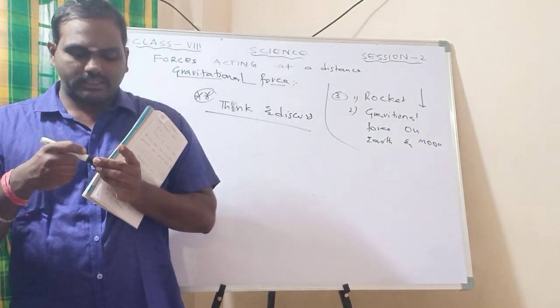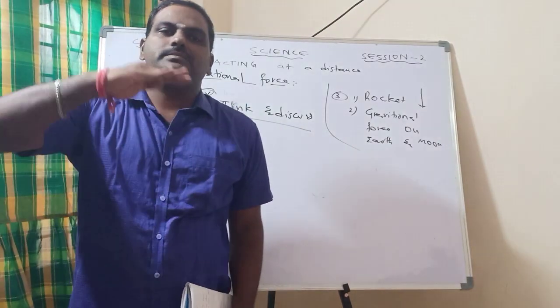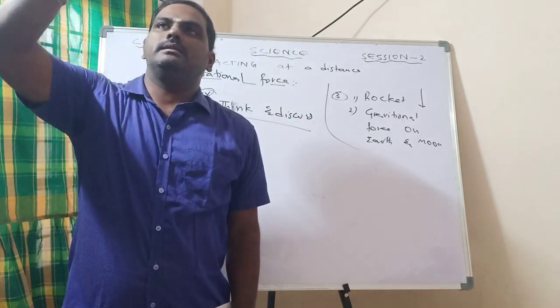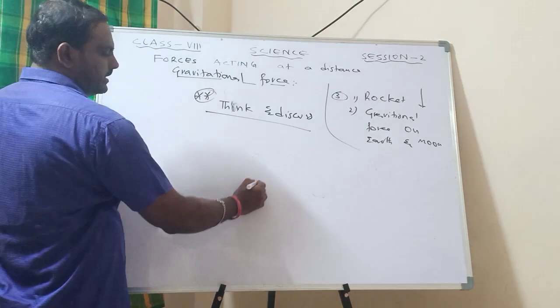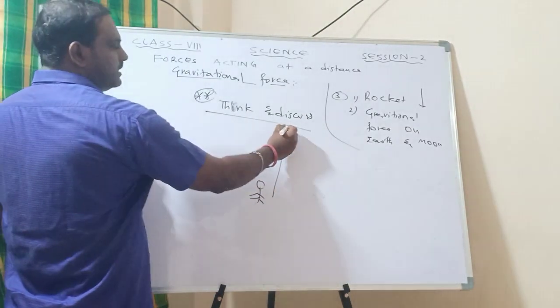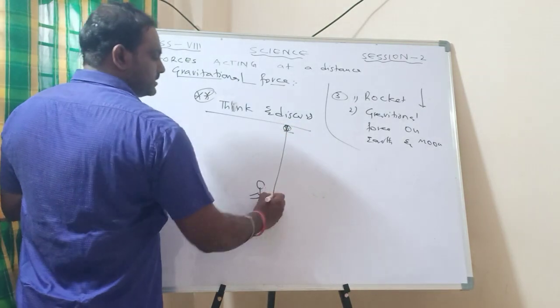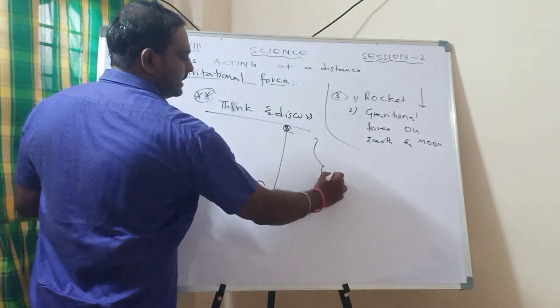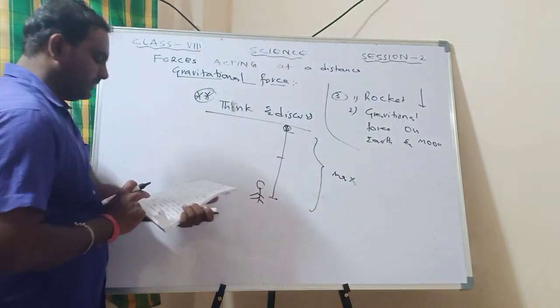That means, to understand the question, we are throwing upwards. Maximum height means it will go in some direction and then it will come down. That is called the maximum height. That means if a fellow is here, he throws one ball. The ball will go up to this point and again it will come down. So this is called the maximum height. Right? Half of this is called half of its distance.